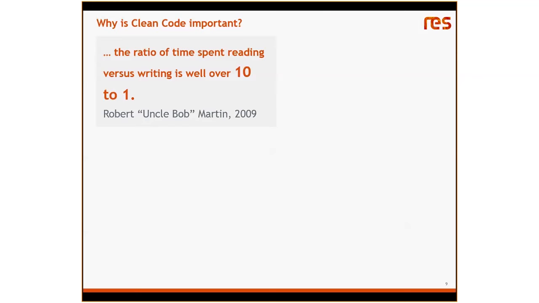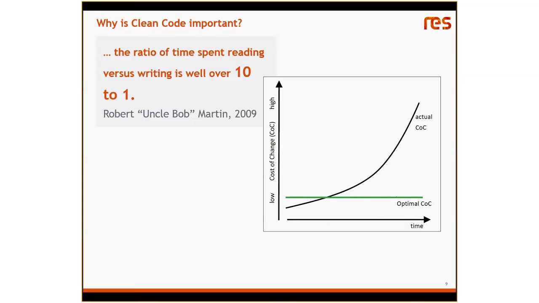Now, programmers spend a lot more time reading code than writing it. The actual ratio is debatable, but it's often quoted as being 10 to 1. You spend 10 times more time reading code than actually writing it. If you write code that's difficult to read, then it takes longer and so it's more costly to make changes to that code. As shown on this graph, bad code makes the cost of change go up over time,